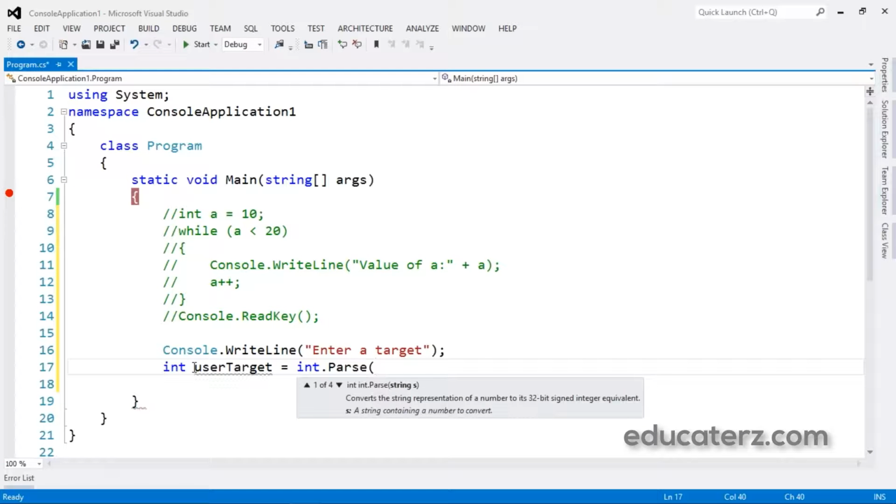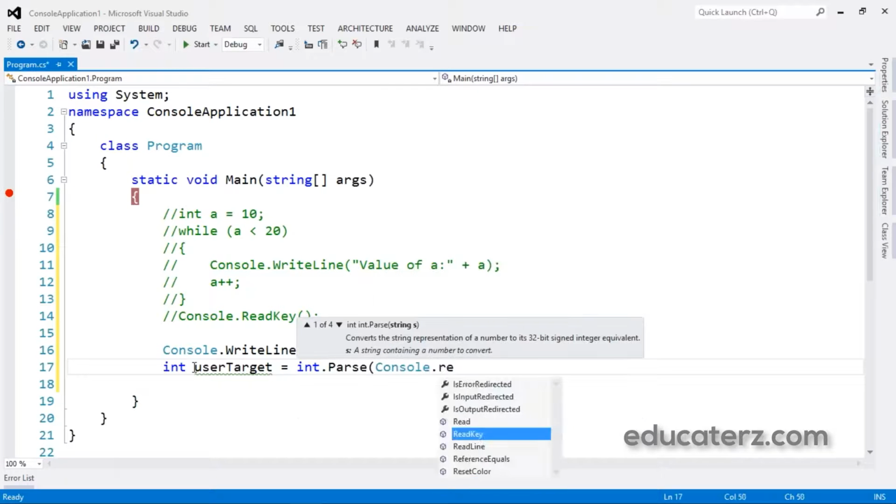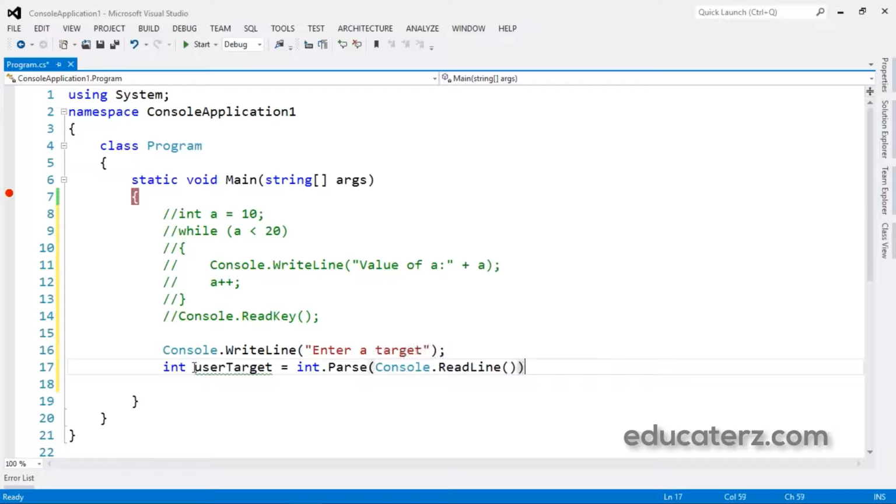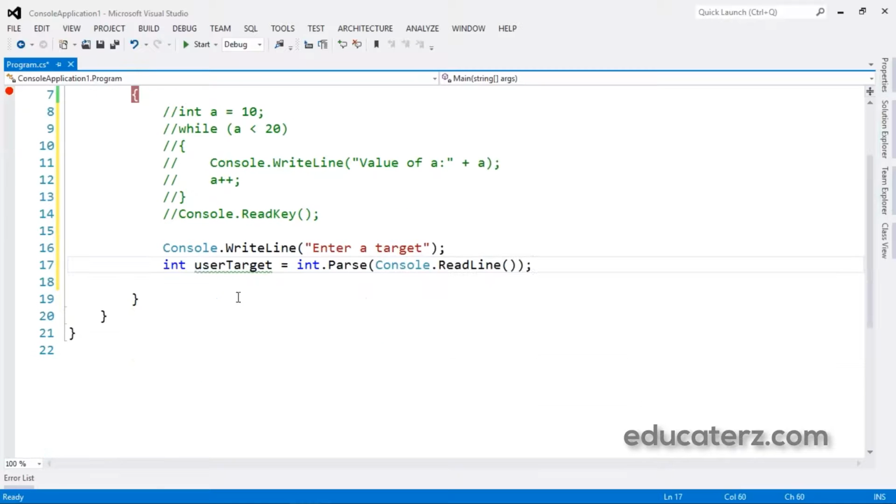Then Console.ReadLine. By this we'll be getting an integer value into this user target variable. After this I'm going to use a while loop.